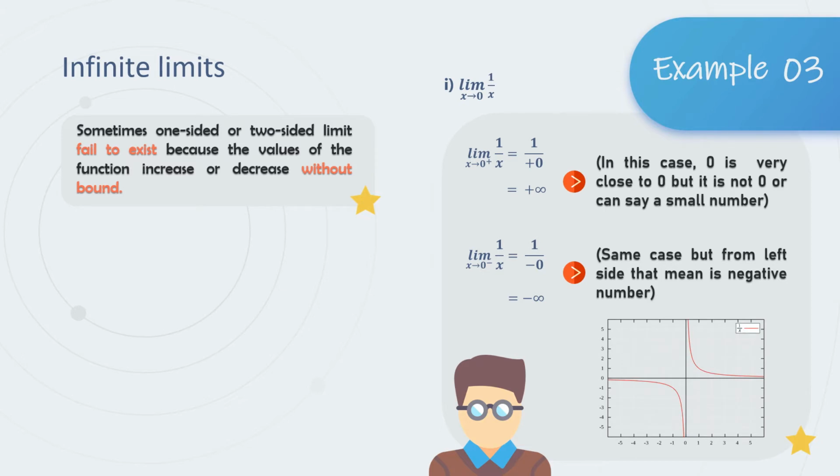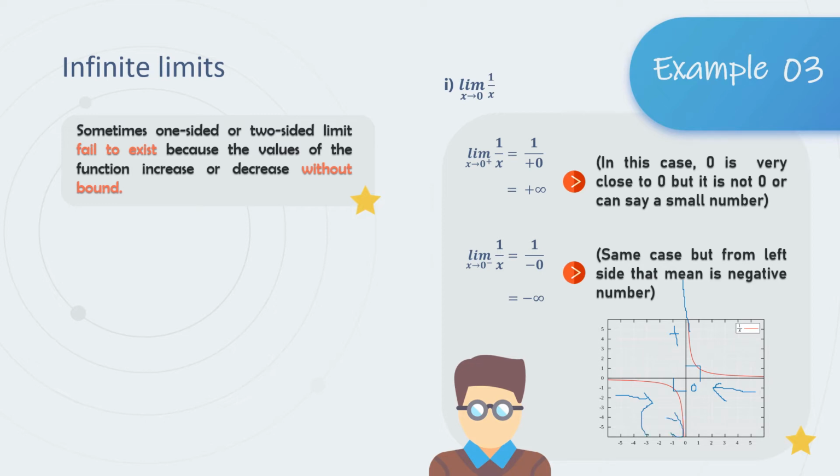From the graph, we can see that when x gets closer and closer to 0 from the right, the values of the function 1 over x are positive and increase without bound. However, when x gets closer and closer to 0 from the left, the values of the function 1 over x are negative